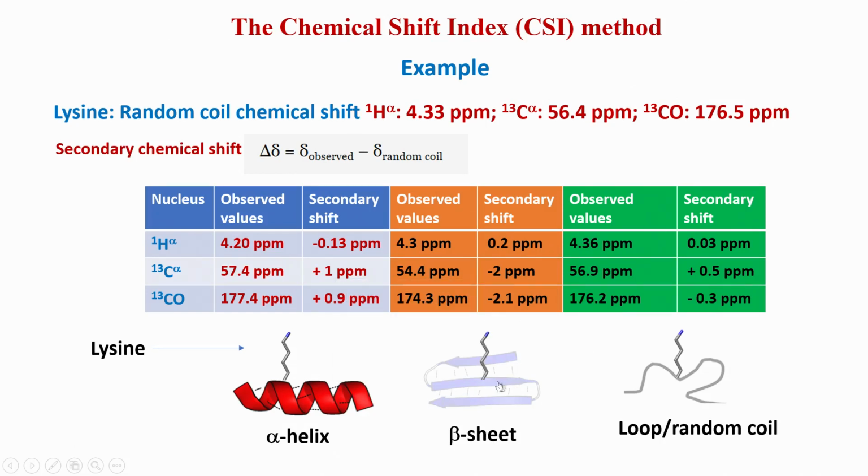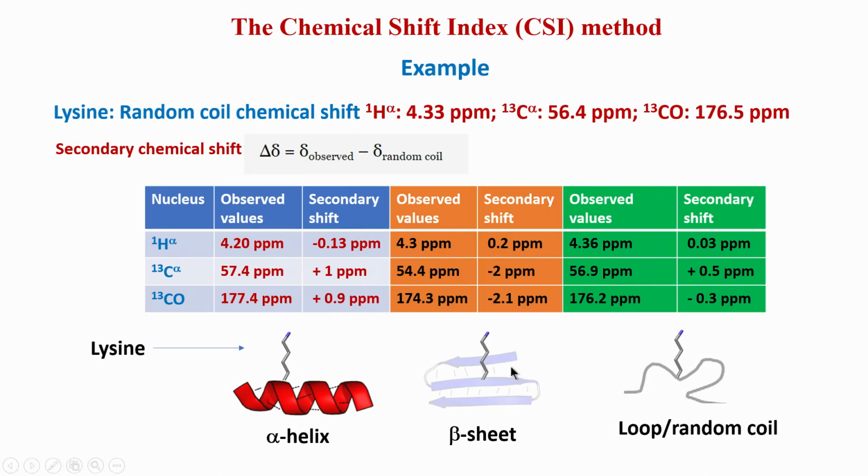If this is so, then everything here should be in beta strand. Of course, the one at the edge could be such that the one after it is a random coil, but the one before that at least should have been a beta sheet. So, neighboring amino acids should also be considered for the CSI method.